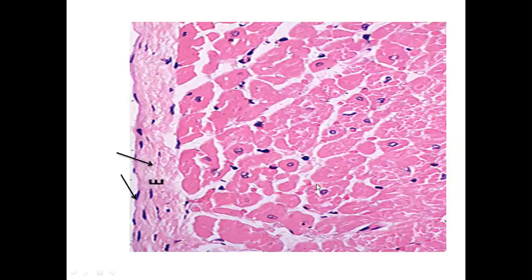Looking at this more magnified micrograph, the left side is the side where the chamber of the heart, it could be an atrium or ventricle, was located, and from the wall this portion was taken out. In the very first part, facing the chamber side, there is a continuous layer of flattened squamous epithelial cells. This first arrow is indicating that layer.